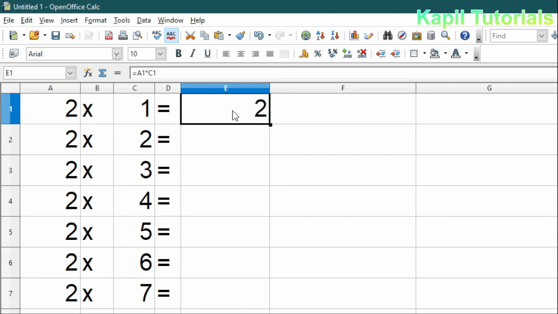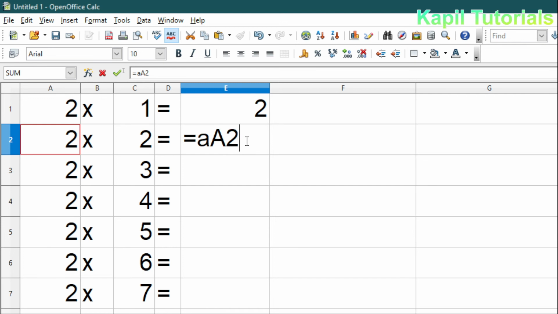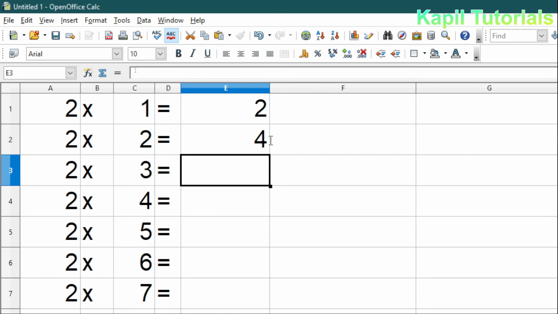Now the same thing I have to type here also, is equal to A2 multiply by C2, and press enter key, it's 4.